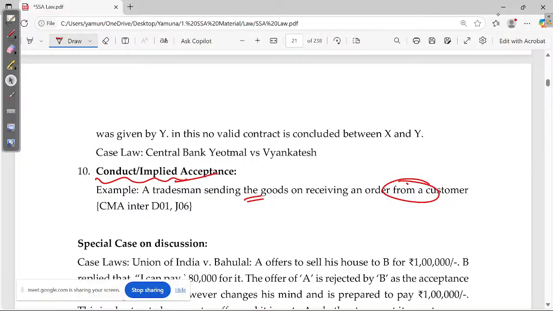You don't know who the person is properly, but because of the star ratings and the many purchases you have done, you may be depending that he might be a good seller. Okay, and you place the order. That person receives the order and just goes on. This is what you call implied contract, depending on the things happening. So these are the 10 points by which you can say an acceptance can be valid.